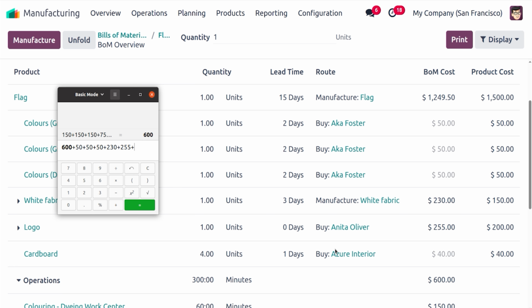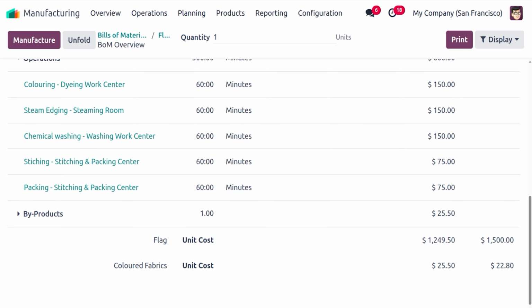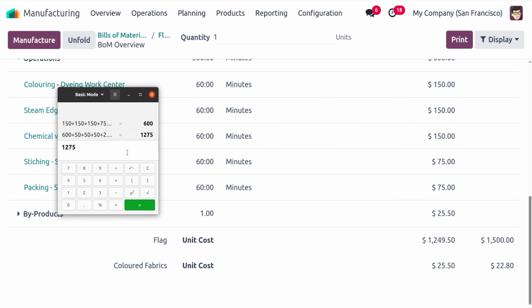And here we can see $40 for this particular cardboard. While checking, yes, here we can see the total cost for the manufacturing process of this particular flag is